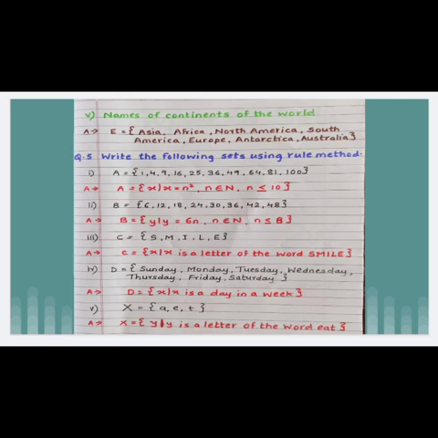Second, number starts from 1 to 10. That means these are the perfect square numbers from 1 to 10. That means these are natural numbers. So, how to write this by rule method? See, capital A, which shows the set, is equal to curly bracket. Elements we are showing by small x, such that x is equal to square numbers. Hence we use small n square.